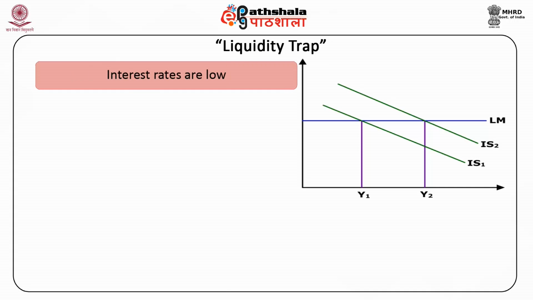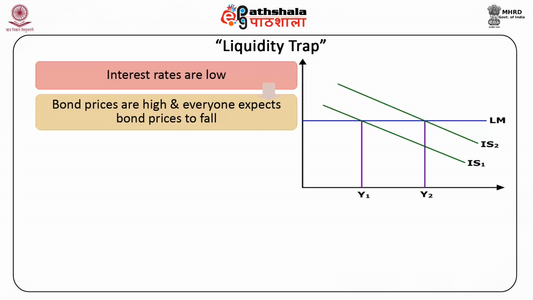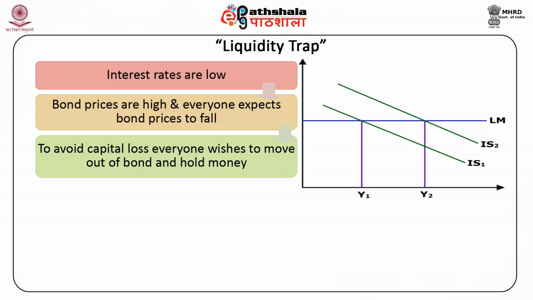When interest rates are very low, correspondingly, bond prices are very high, and everyone expects bond prices to fall. As such, to avoid capital loss due to expected fall in bond price, everyone wishes to move out of bonds